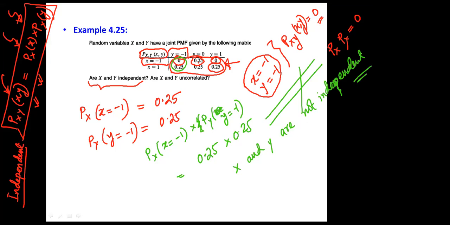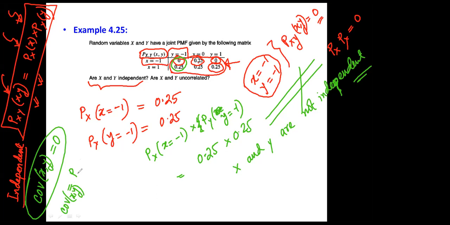Now the thing is, are x and y uncorrelated? For x and y to be uncorrelated, what criteria has to be met? Tell me. Covariance has to be 0, right? The covariance has to be 0. So the thing is, if the covariance equals 0, then what do we have to find out? We know that the covariance equals to what? What was the covariance equation? Covariance was something like